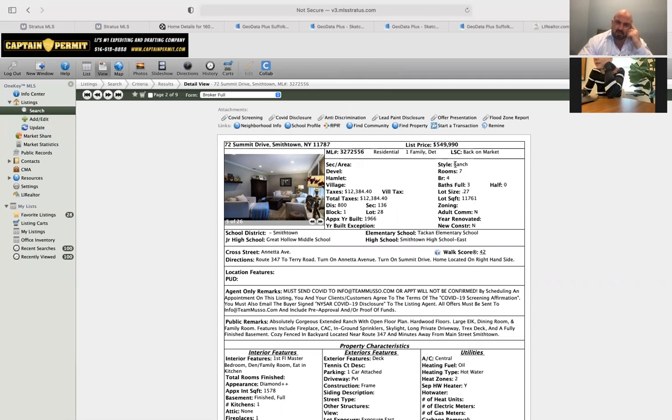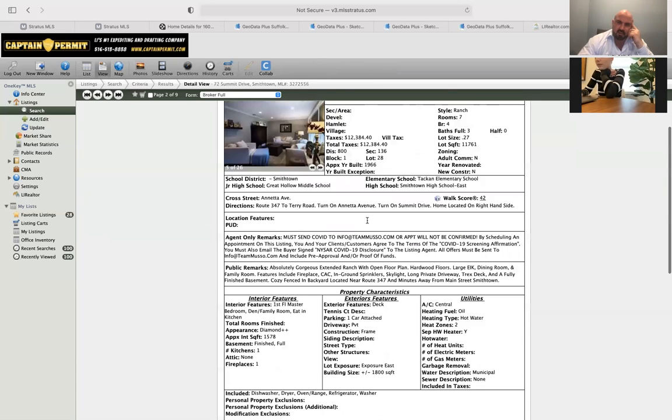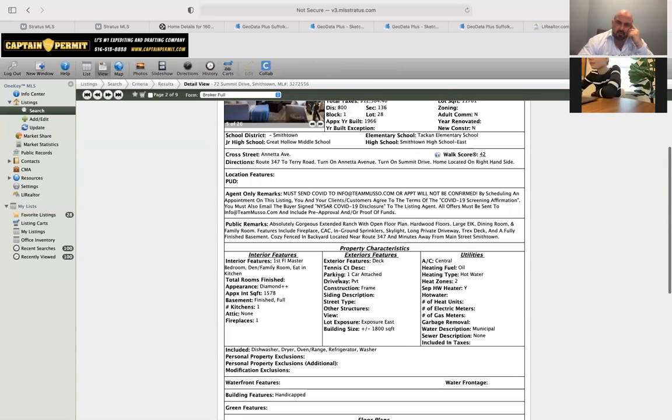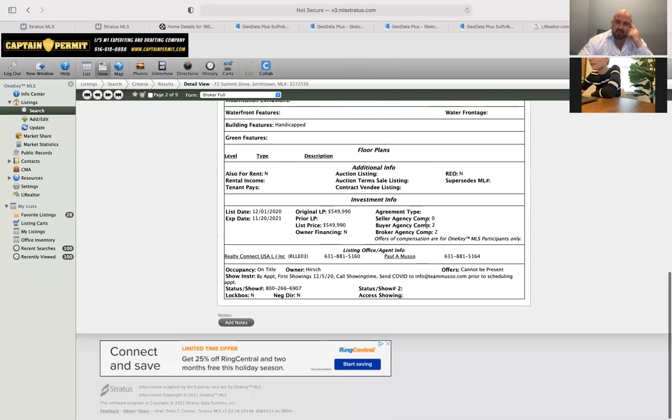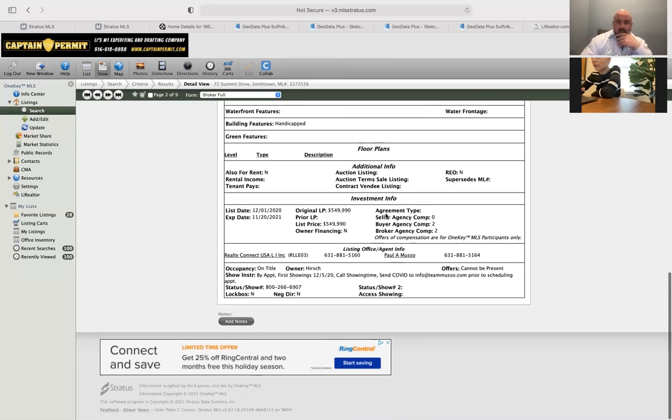So taxes, style, bedrooms, bathrooms, lot size, things like that. And then you can read all the listing information. Here's also a double check. Oh, Paul Musso. So double check how much compensation they're offering. Down here, you can see they're offering 2%, which is fairly